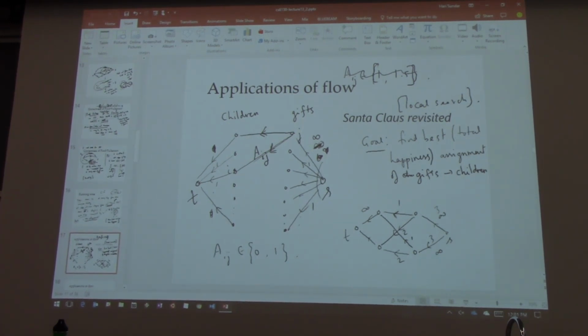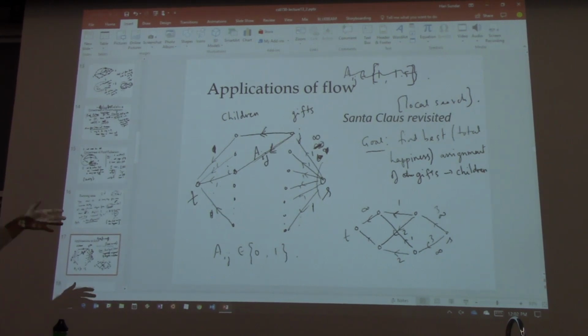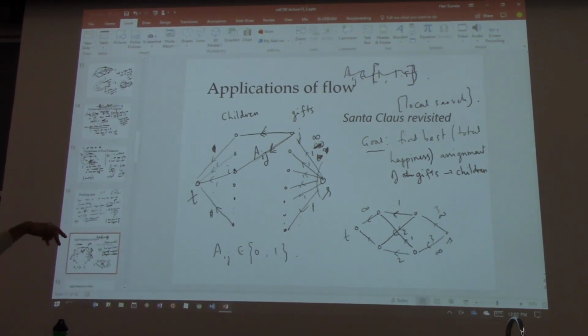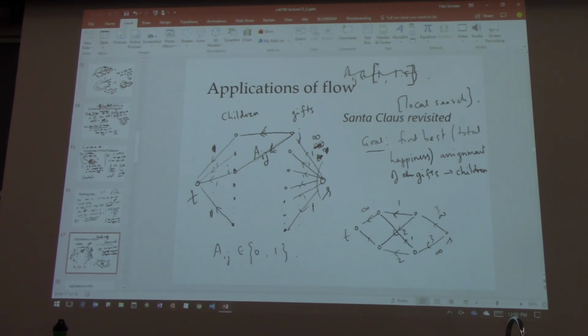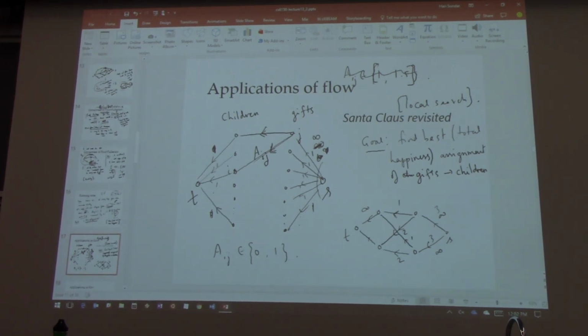Maybe we can normalize. So then what you can do is just choose a capacity of 1 here, and a capacity of 1 for these edges. And I want to claim that this actually gives you the best total happiness. Because one can't be split up into 0.5? I actually could, but the outflow is also 1. But we decide what flow goes in, right? For a max flow, so we can always set that up as 1.